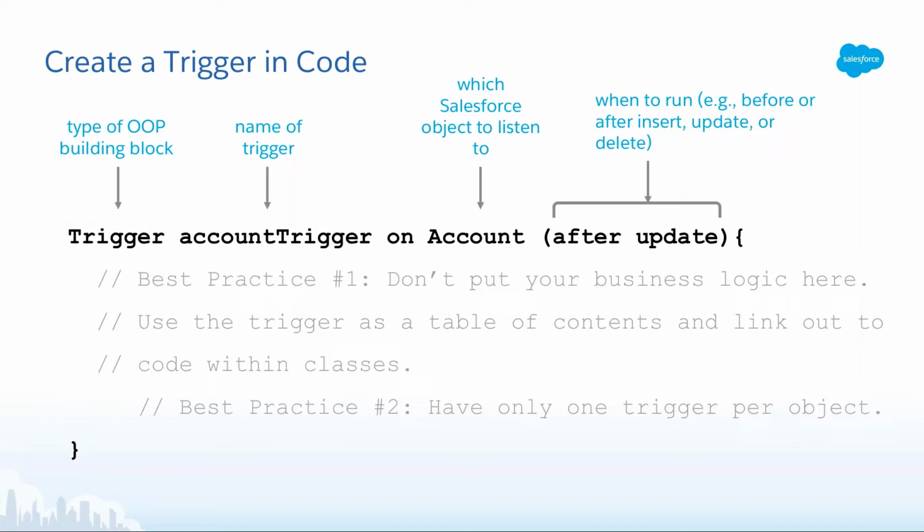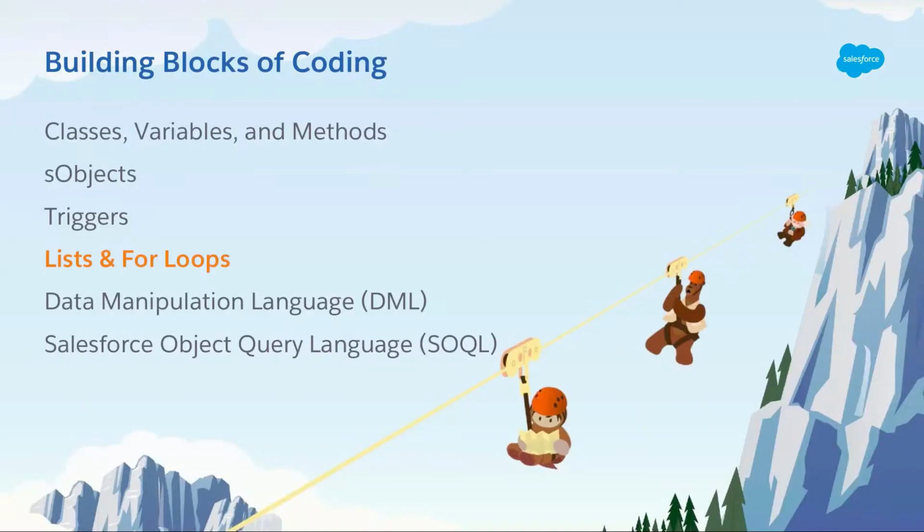They're also great for verifying that the data will actually work. It's nice because unlike validation rule formulas that you might be familiar with, they have limitations. So your trigger can validate based on any data that might be in your org, even the data that's in external systems. So now that we know that trigger is the building block that gets our code running, let's learn more about a few building blocks that will help our code run quickly and more efficiently.